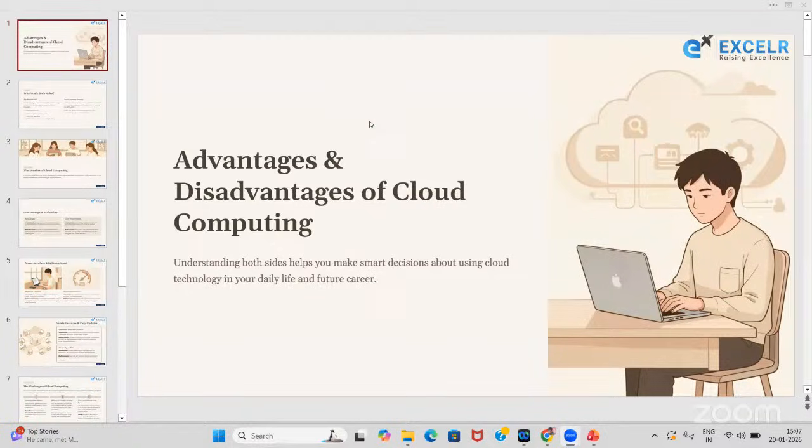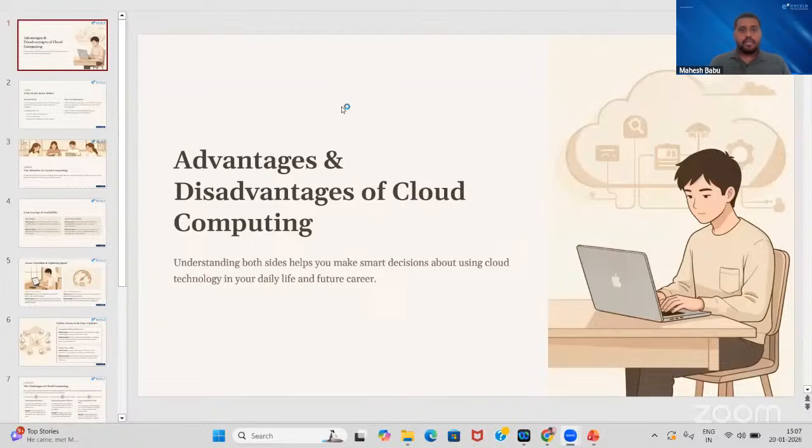All right, participants, once again, good afternoon. In this session today, we're going to see mainly the advantages and disadvantages of cloud computing, so that we can clearly understand the main drawbacks of cloud computing compared to physical infrastructures, and what the advantages and disadvantages are. Let us look at both aspects, because we have to understand the possible advantages and the possible disadvantages.